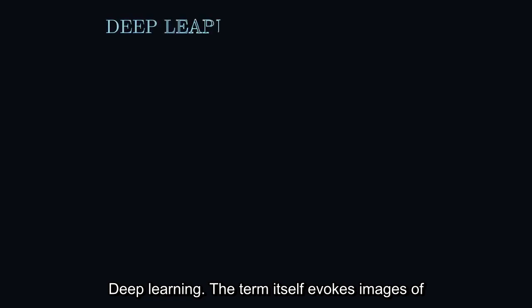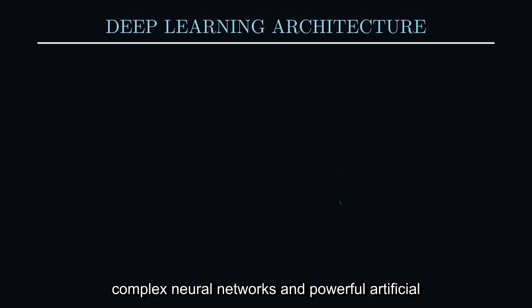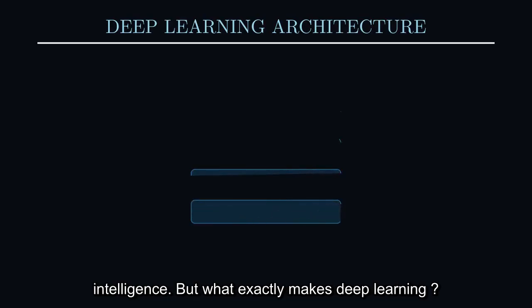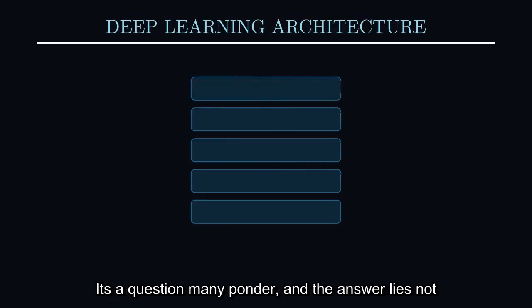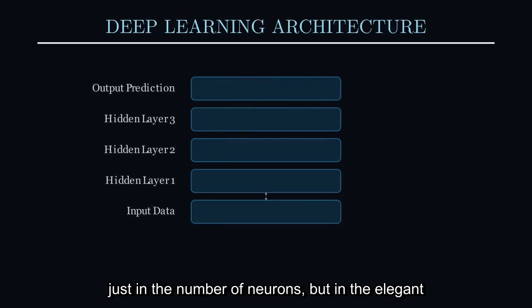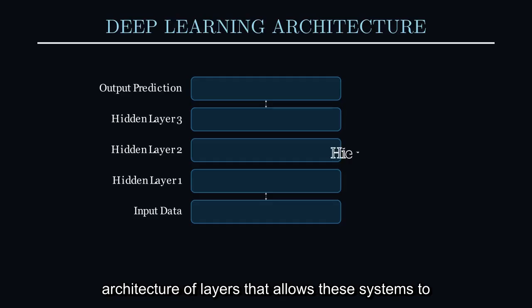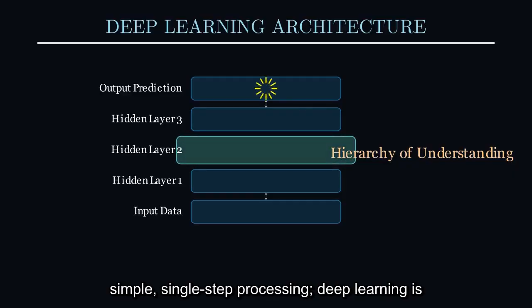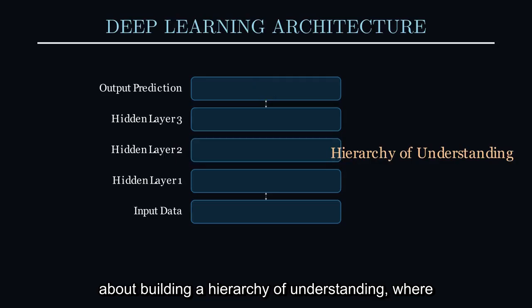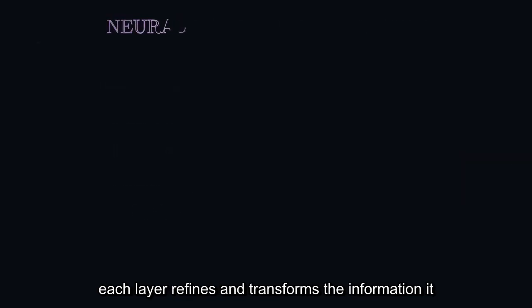Deep learning. The term itself evokes images of complex neural networks and powerful artificial intelligence. But what exactly makes deep learning? It's a question many ponder, and the answer lies not just in the number of neurons, but in the elegant architecture of layers that allows these systems to learn in increasingly sophisticated ways. Forget simple, single-step processing. Deep learning is about building a hierarchy of understanding, where each layer refines and transforms the